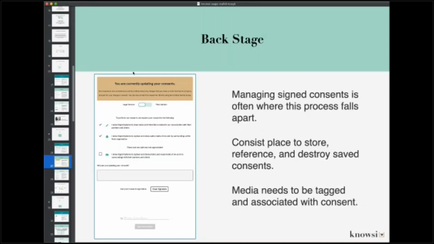And also, I should specifically state, Knowsi is not for use with underage communities or people who are not of the age of majority, simply because we don't have the proper legal and terms structure in place right now, or the proper mechanism for an individual to provide consent on behalf of another. And if there's a proper demand for that, then we would do it as well. But yeah, I hope that partially answers the question.